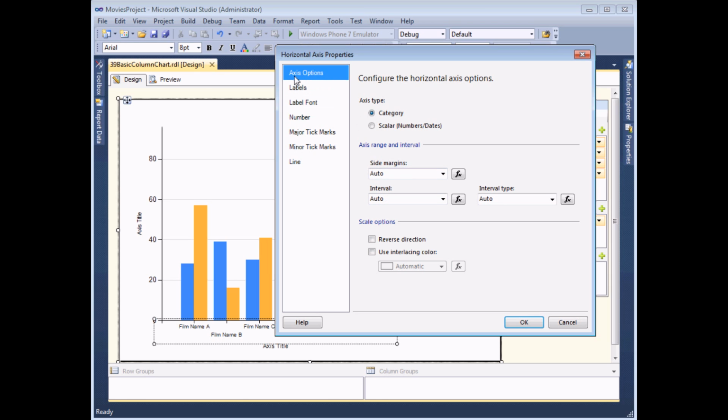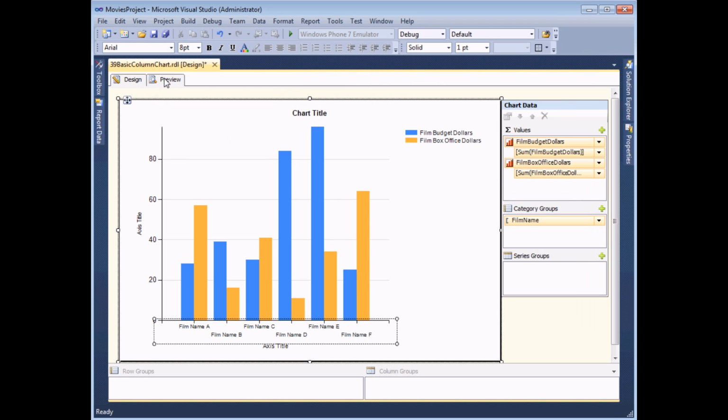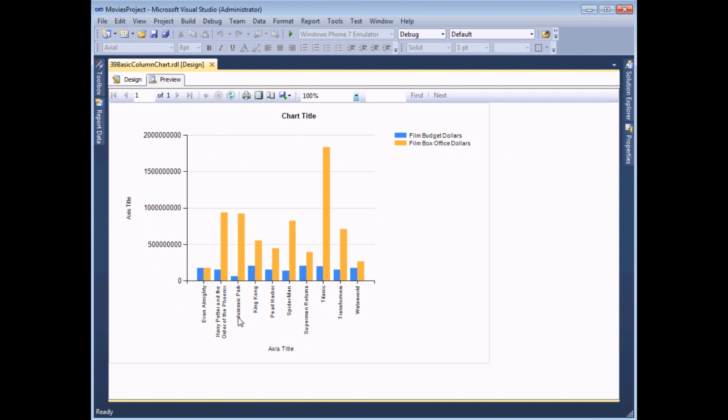What I'm going to do first of all is on the axis options page, find the interval property and change it from automatic to the value of 1. So that means a label will appear for every 1 column. If I click OK and then preview the report, I should see I now get a label for every single